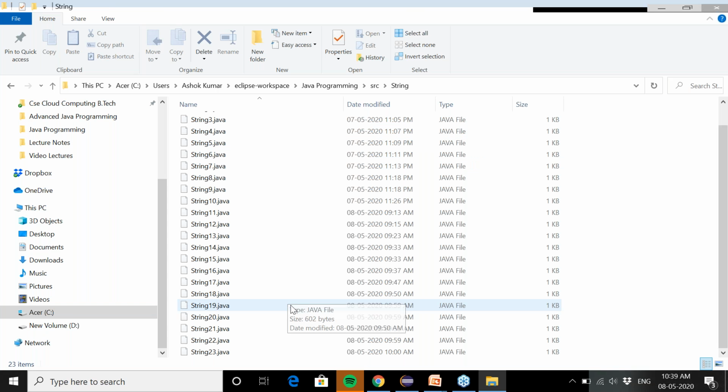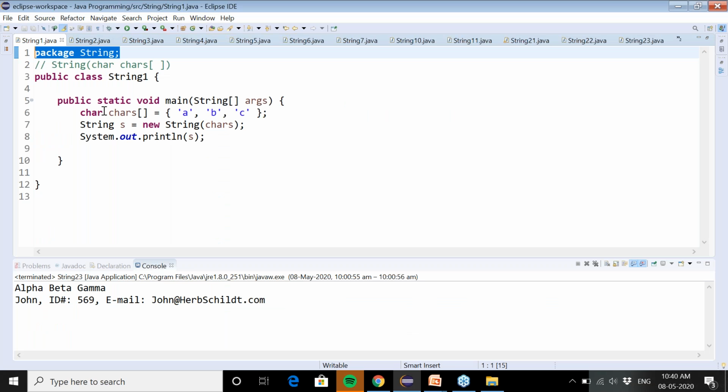I will give you the chance to ask the doubts again, but let me explain some programs first. So I have created the user defined package, its name is string, just to keep all the programs in one location. Then the very first String class method we are going to discuss is this one, with characters.